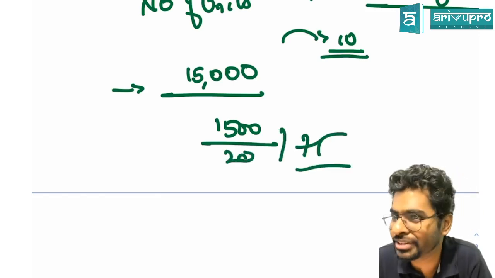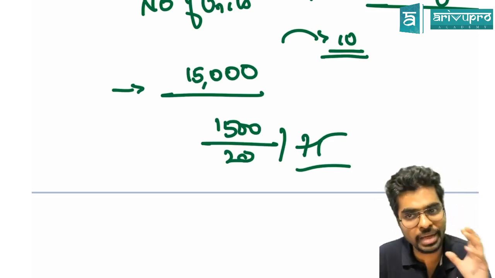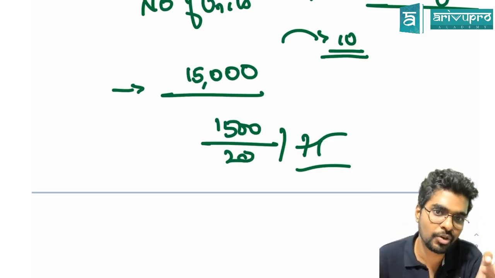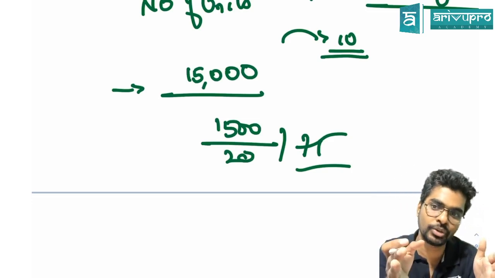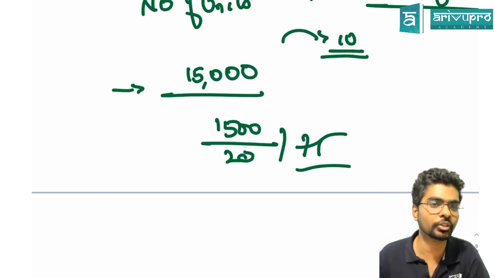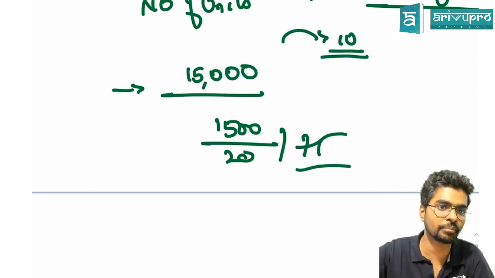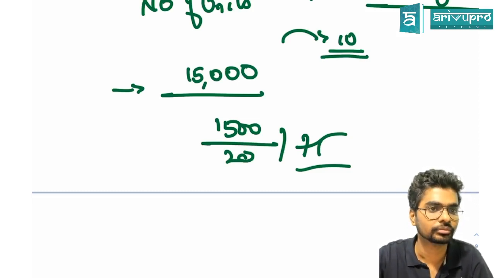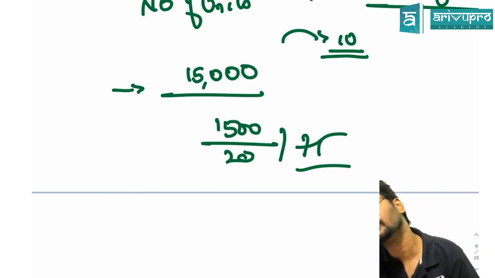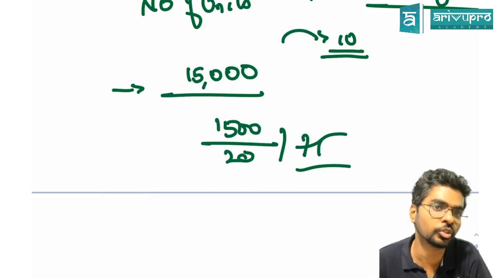So the basic difference you have to understand here is that what I'm trying to find is the cost per batch. From the cost per batch, I'll have the number of units. So I'll take the number of units from there and find the cost per unit. That is the major difference between both of them. Did you understand? Especially in case of medicines and other things, we are always producing in batches.